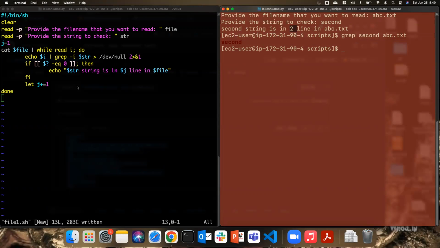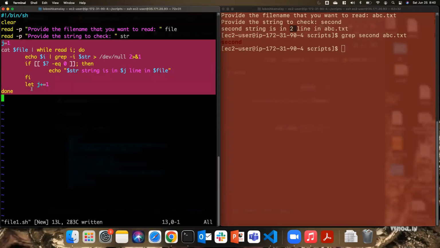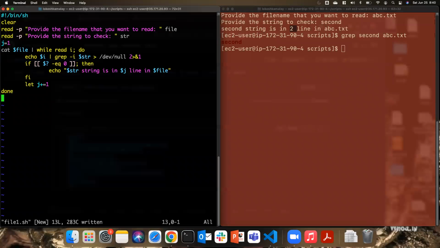This is like a small grep. You can also convert this into a function. People are using grep, right? You can also convert this into a function as well. How can you do it? You just need to put all this logic in a function and read the arguments. You need two arguments, your file name and the string. Okay, so if you really want to do that,